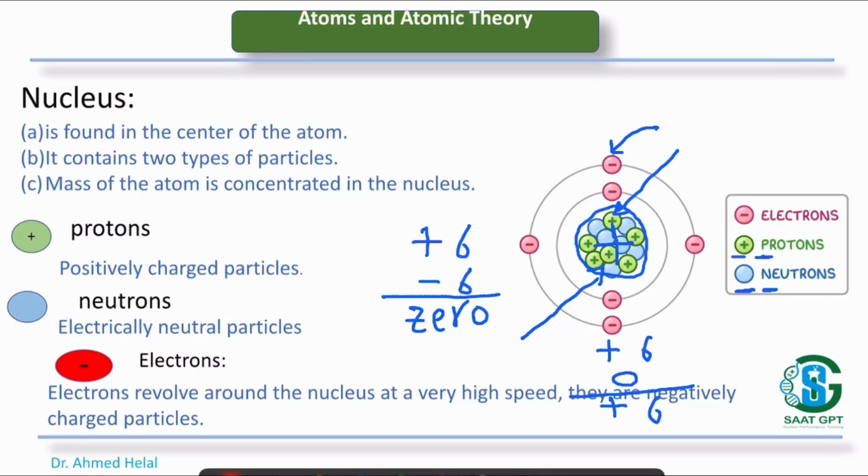In this slide, we have many questions. The charge of protons is positive. The charge of neutrons is neutral. They have no charge. The charge of electrons is negative. The total charge of the nucleus is positive because it contains positive protons and neutral neutrons. The net charge of the whole atom is 0 because the number of positive protons is equal to the number of negative electrons. The mass of the atom is concentrated